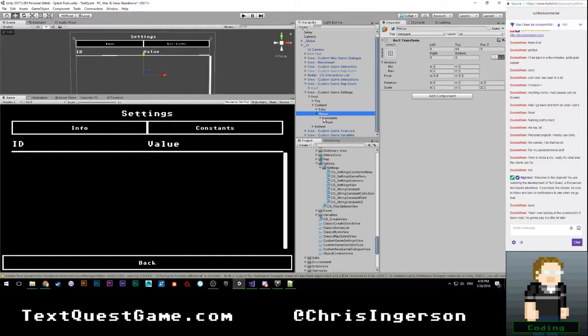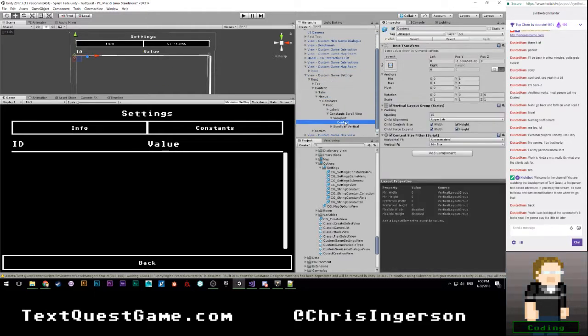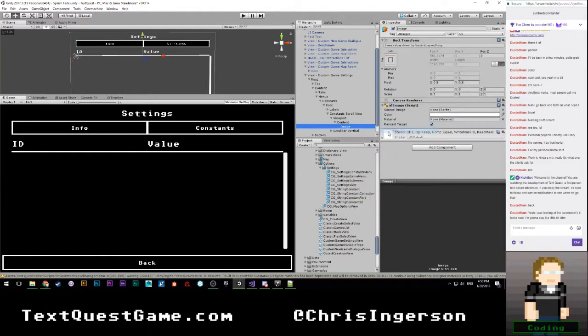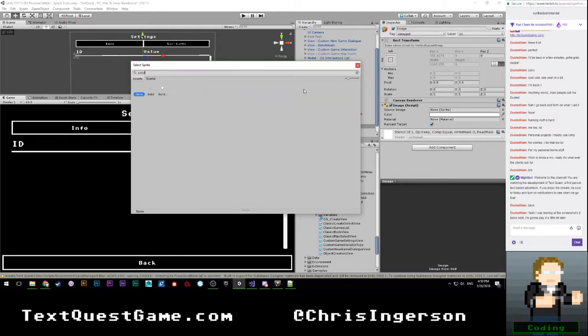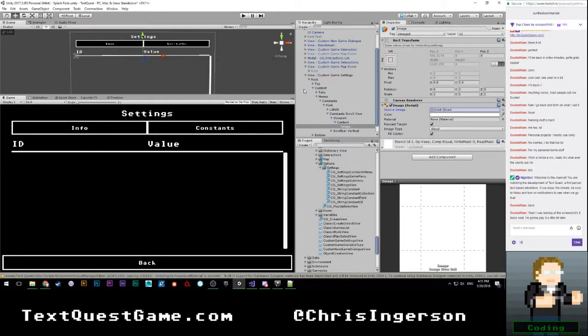In any case, let's go ahead and open this up. And so we're going to start with, I think, an image. So we'll say create UI image. That's going to be, of course, our solid image. We'll do that. So we're going to start off by calling this our string constant field.